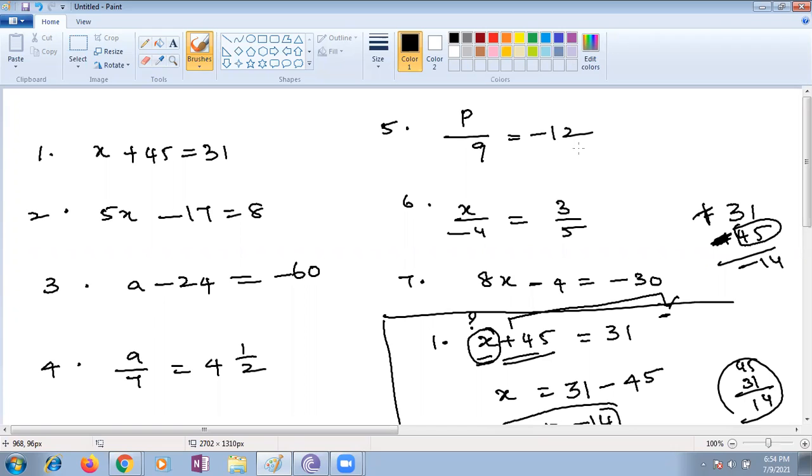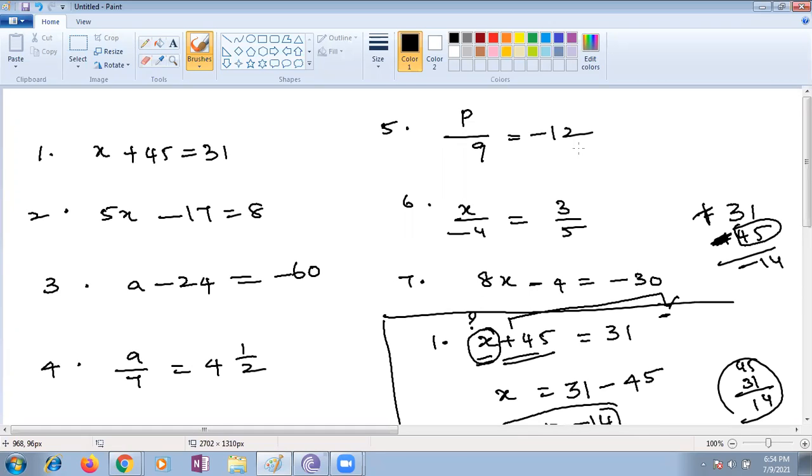Ma'am, minus 12 multiplied with 9. Ma'am, 12 tables very weak. Ma'am, minus 108. Tables should be perfect, dear. Whoever learns tables perfectly can do calculations faster and faster. 12 nines are how much, Shiva Pranav? Ma'am, 108. But the sign is negative. Ma'am, it's a negative, so it will be minus 108.